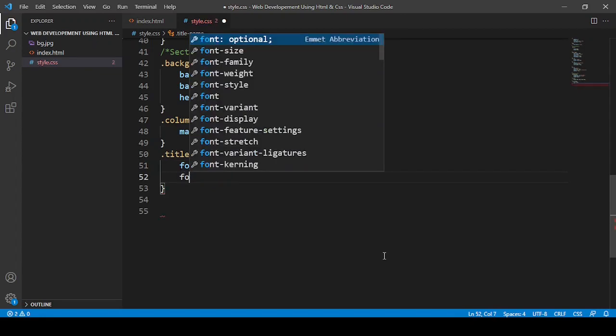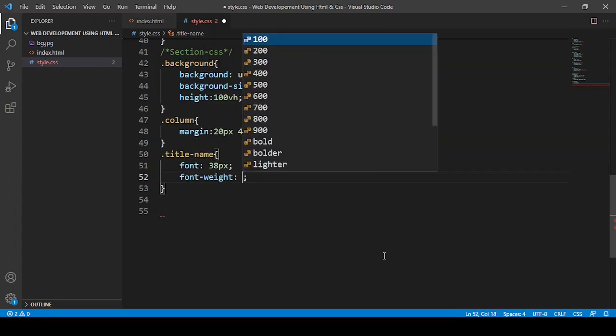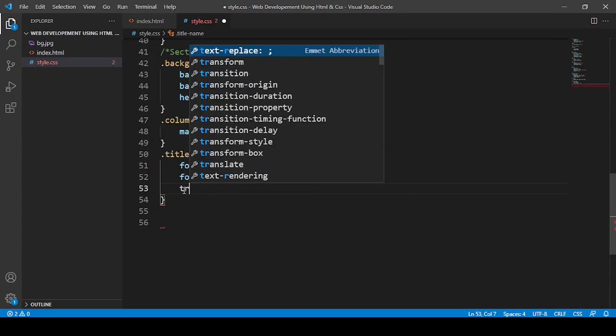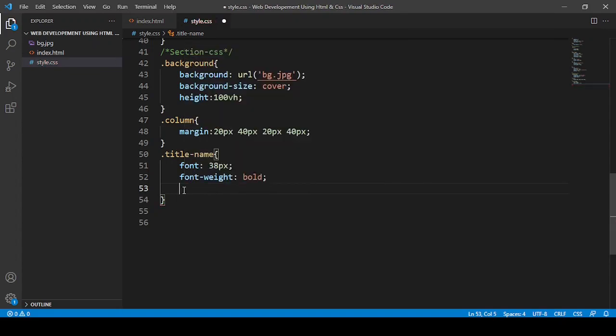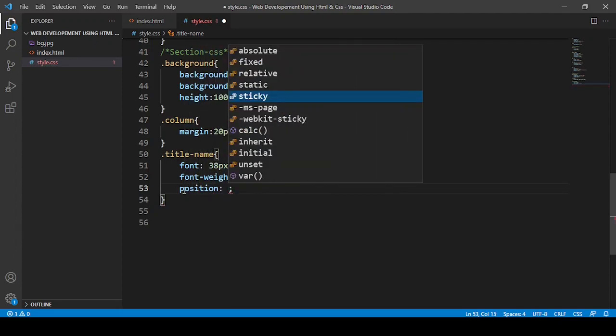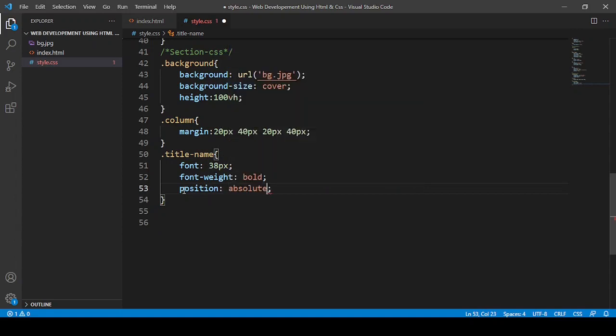I'm going to say font weight, you can give bold also, and okay, that much. And in that you can give position absolute.